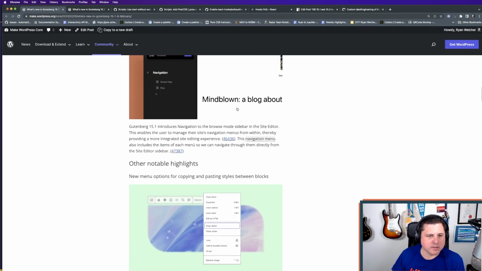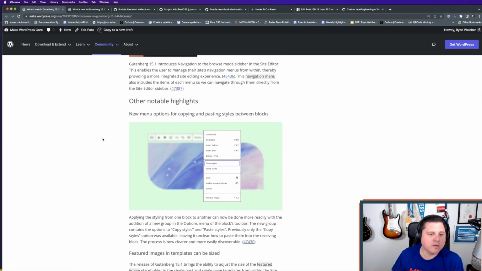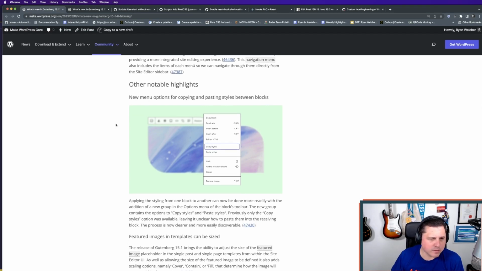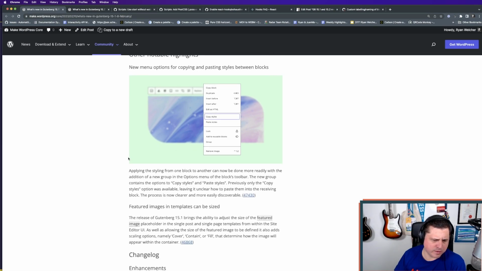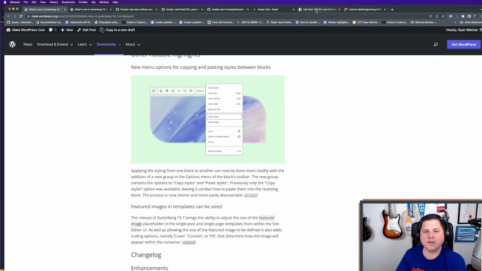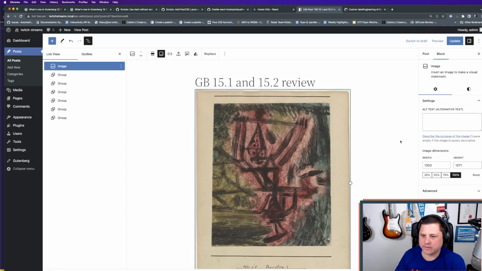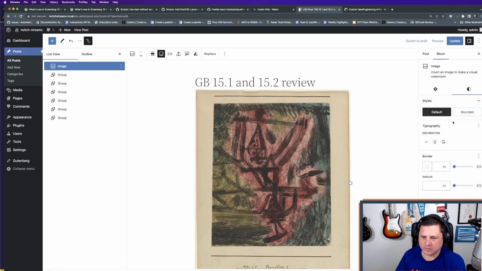We're also back into, okay, so we were looking at the navigation for the site editor. Other notable highlights here, we got some options for copy and pasting blocks between styles. I swear I did that before, but I don't know. I swear we already did this. Okay. Oh, cool. So what they've done here is if you have, say, styles on here,